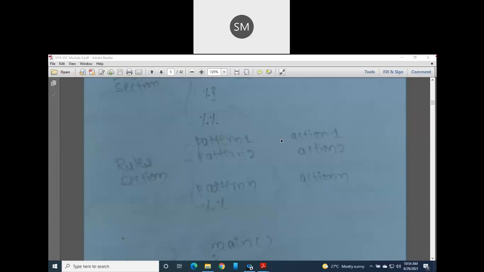But if it is a printed program, it will be very easy for you to identify whether there is a space or not. So my suggestion is to prepare the lab programs directly from the printed manual. So in between pattern and action there is a space.